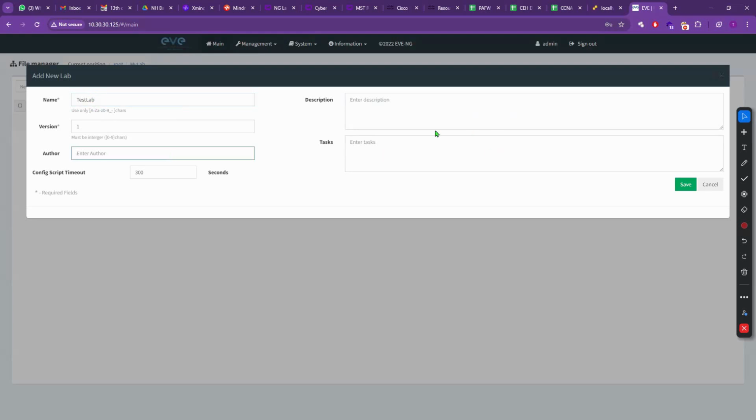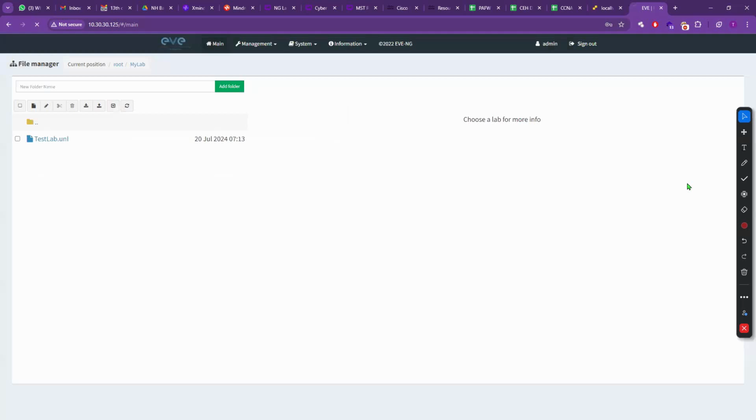EVNG also provides a version option. That same lab you want to save as version 1, 2, that is used for troubleshooting. That previous version, then I do some changes. If it is still working, then okay. Otherwise, what? Revert back to the old version. Right now, just save. And you will get this. So this whole thing you are able to do without any other option.